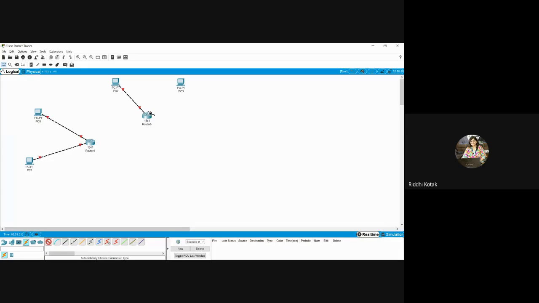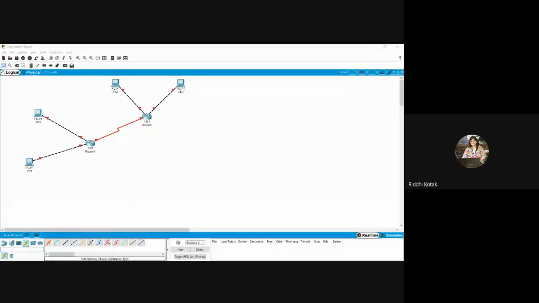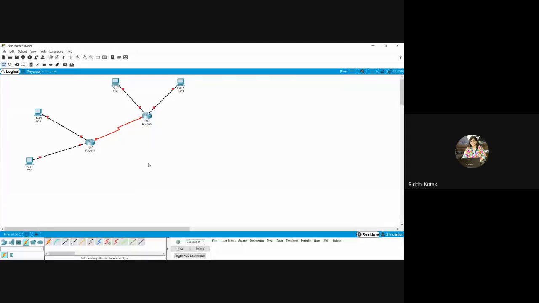So what we have done is we have created two local area networks over here. This router is connected with these two PCs. Another router is connected with these two PCs. You can also provide the link between these two routers. So repeat the same step. You have to select automatically choose connection type, router to router. If you repeat that step, then you are able to do that. On both the routers, you have to provide the WIC2T interface, and make sure right now you are taking the router which is 1841.